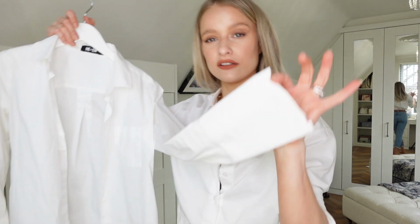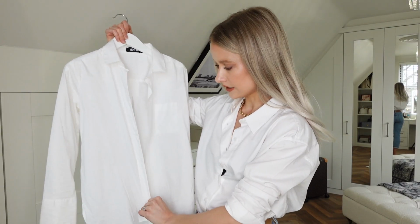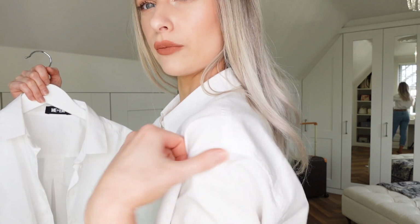Super lovely. It's got these really extended long cuffs. Again, a more masculine style. I mean, it's very, very similar to the one I'm wearing. I'd say this one's a little bit softer in terms of the cotton. The thing I really like about this one is that it's slightly more oversized on the top to give it a drop shoulder. This is more fitted on the shoulders, so if you prefer that style, then this could be